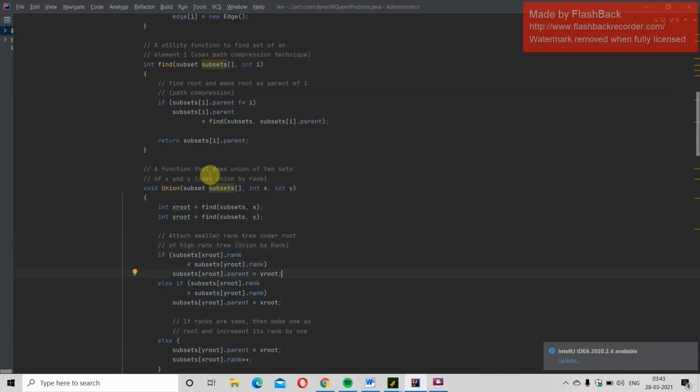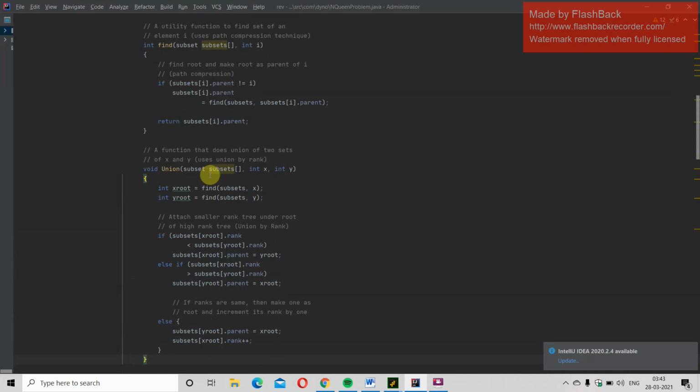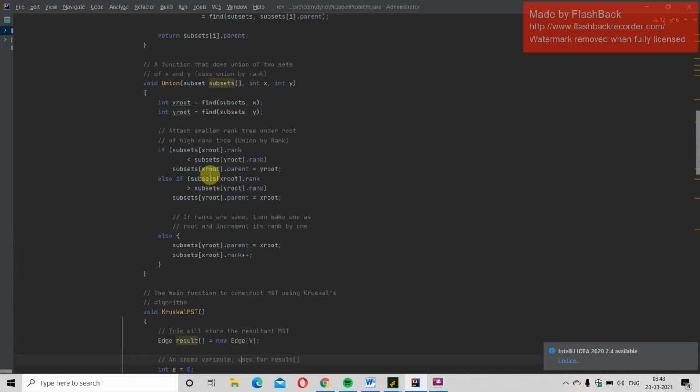If it is so, assign the parent of x root to y root. If not, assign the parent of y root to x root. If the ranks are the same, then make one the root and increment the rank by 1.